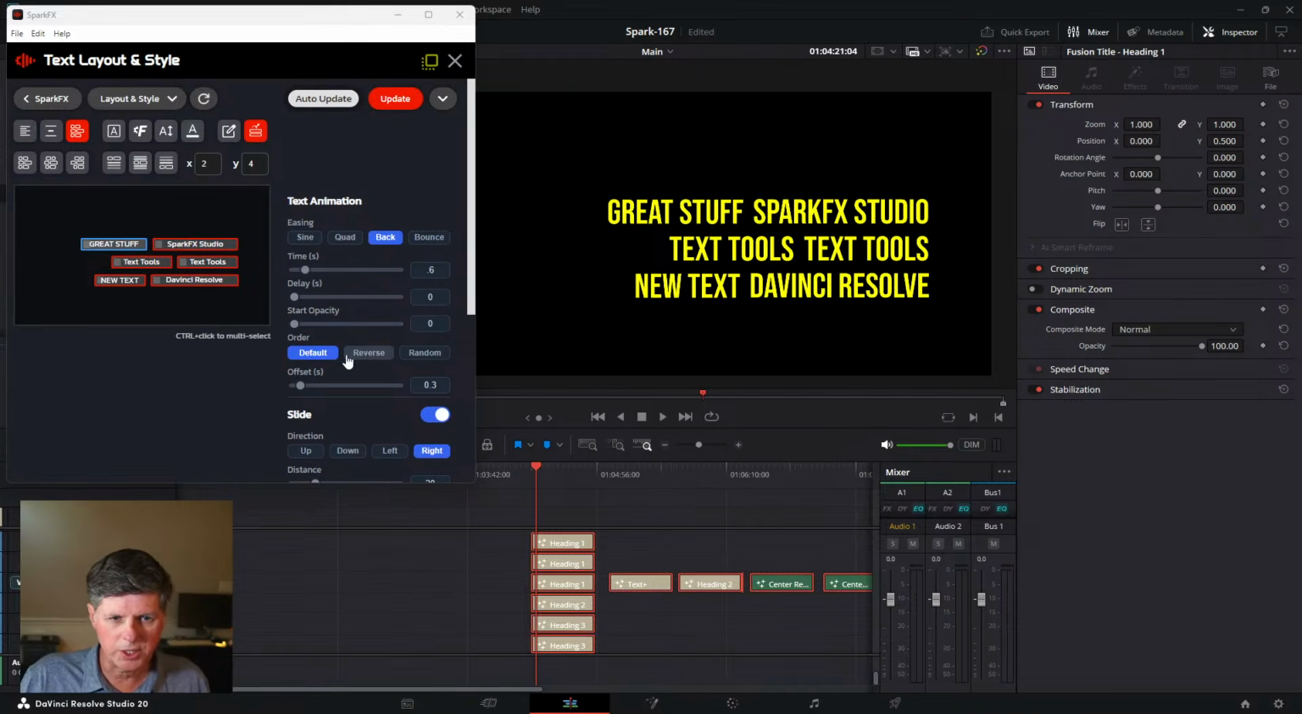And the other thing you can do is we can change the order. So we can reverse it, do a random order. And we can also do the offset. So there's a little bit of delay between when each of the animations starts and stops. And let's set it to maybe 0.2. And we'll do randomize